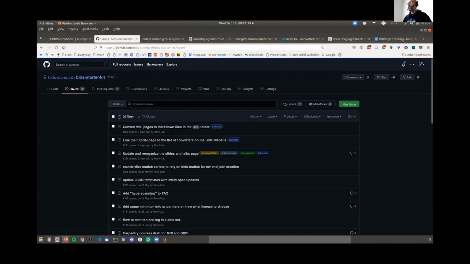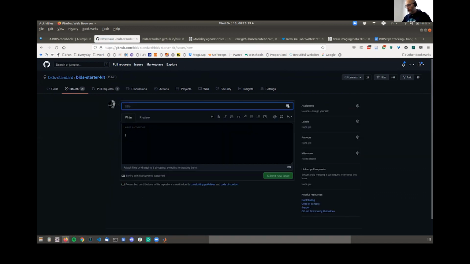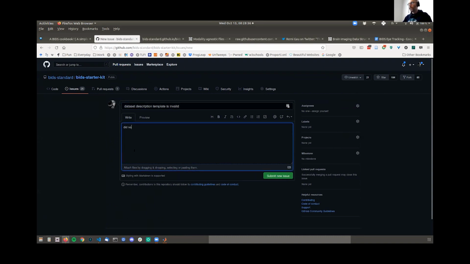So let me just open quickly an issue to tell me and all the other maintainers that dataset description template is invalid. Did not work in the BIDS validator. So that is the problem I was getting.